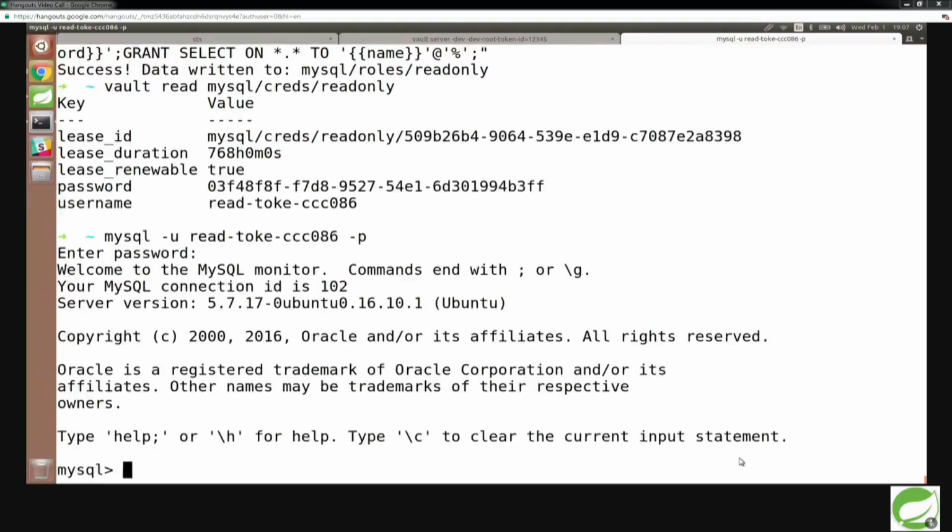So you can see that it's pretty easy to get up and running and integrated with Vault and have your dynamic secrets. And you notice on here it has a lease duration, so you know that it can expire. And you can set up different policies that you want for that policy. So I just use the defaults, but you can provide additional information for that. All right, so we'll go ahead and exit out of here.